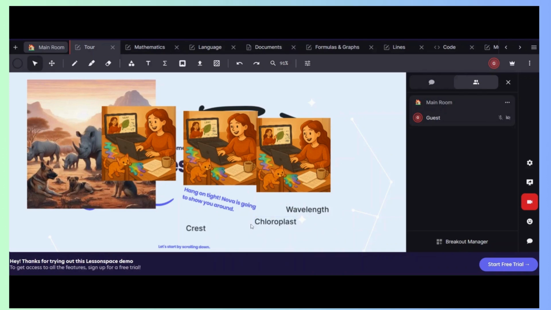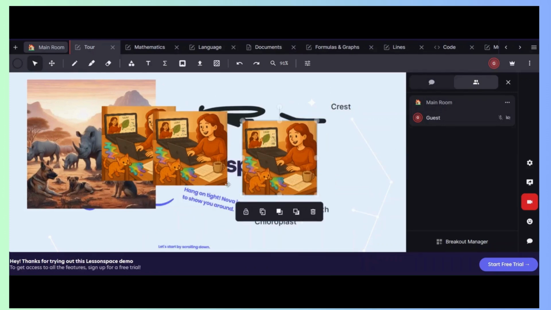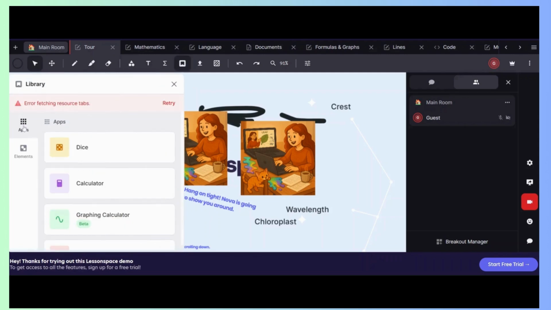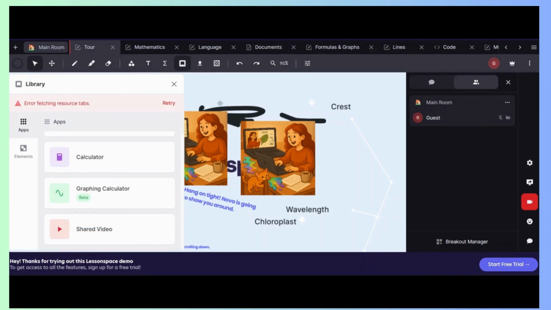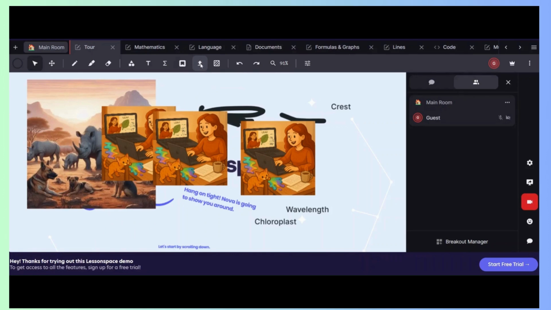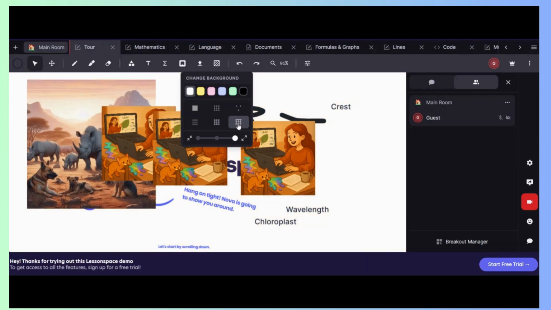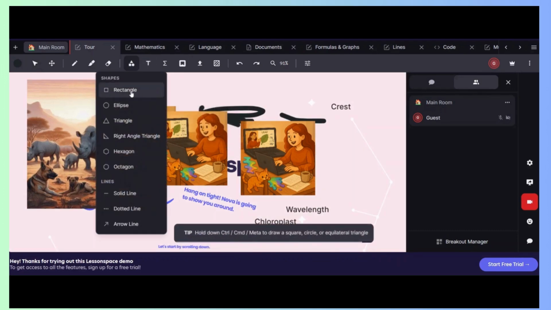That's also a quick way to make a few text tools that the learners can then drag and drop. That's nice. So there's the duplicate, and I can also lock it. Then a student will be able to pick it up. The library is also nice because you can upload your own there. Upload is if you want to upload a document. This is also kind of cool if you want to change your background color. Very nice. If you do maths, you can put it like graph paper, etc. Shapes is also very cool.